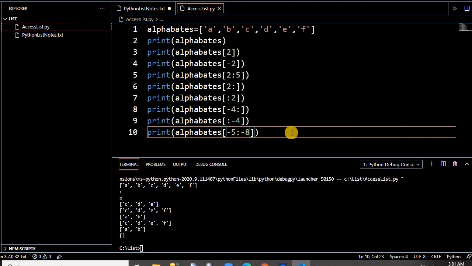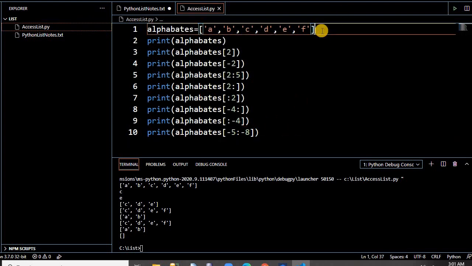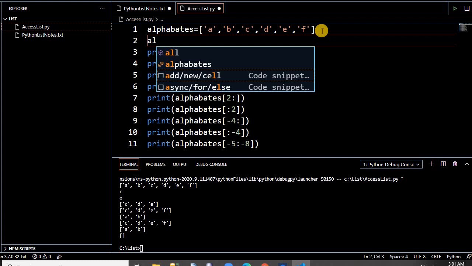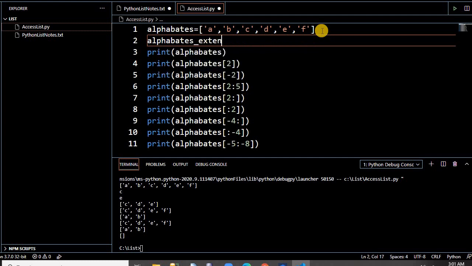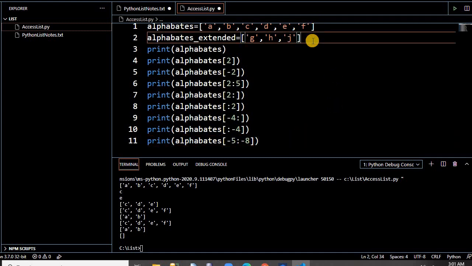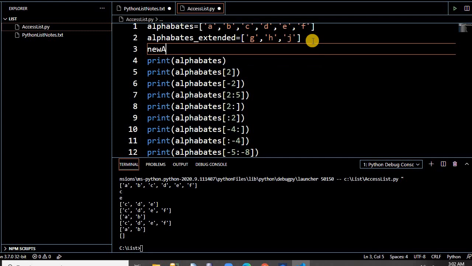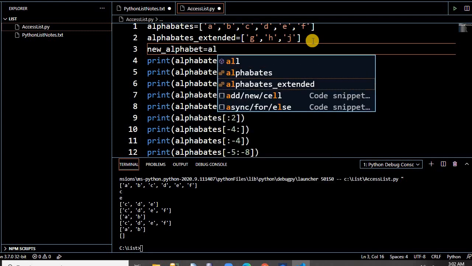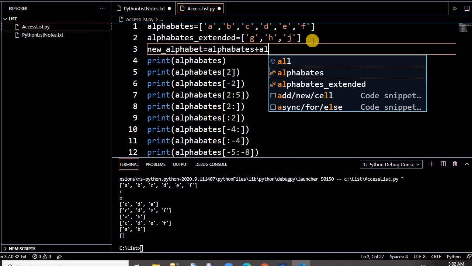Let's take an example. We have alphabets. Let's take another, alphabets extended, with something like G, H, J. Let's create another variable like new alphabet, and concatenate those two.